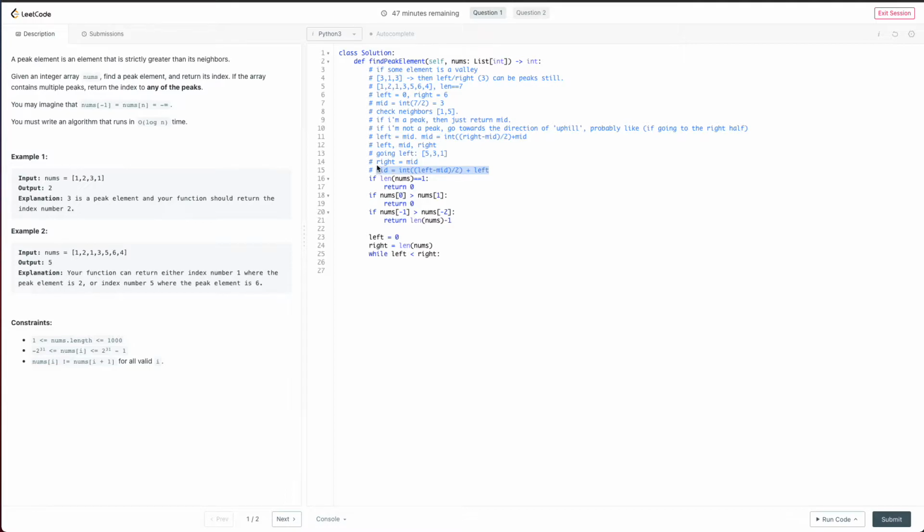Mid equals right minus mid, which is the distance between, let's say, this one and wherever the thing I'm checking is. So this is just half that distance, and then we do the half that distance for it, and then just plus the mid. So then we just end up somewhere here. Likewise here, we take the distance between, I guess mid will always, so for example here, and maybe if let's say we were doing